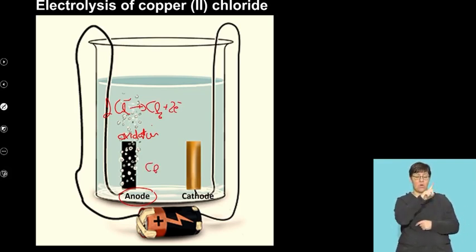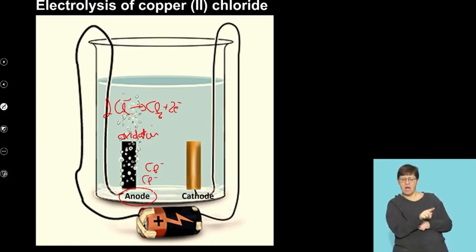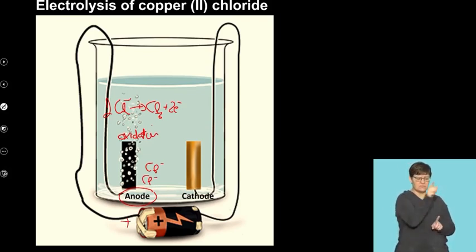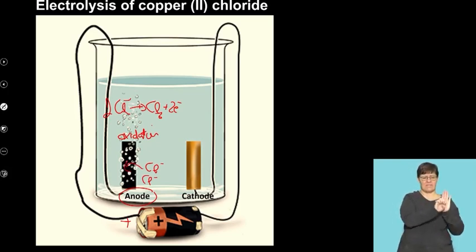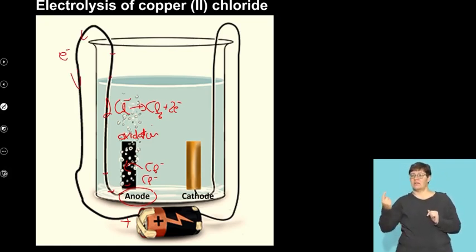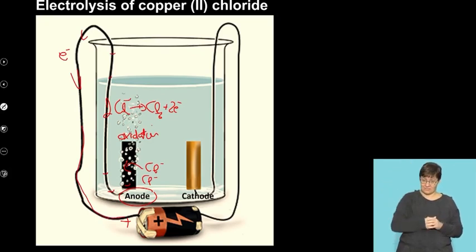The chloride ion comes along here, and it sees that there are lots of electrons. There's a positive, this is connected to the positive terminal. It wants to donate those electrons. The electrons get donated onto the graphite conductor. So electrons get pushed through here. They're drawn to the positive. So all the way along here, we get electrons moving in this direction, all the way around to the positive